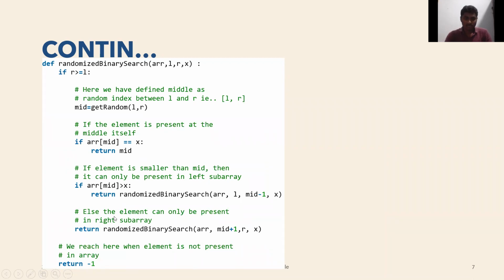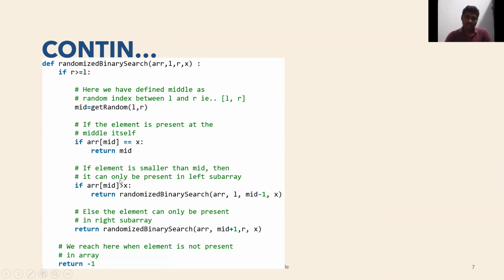If the search is on the right, this will call the same function again, but this time the starting value will be mid plus 1, and the end value will be r, with the search element x.